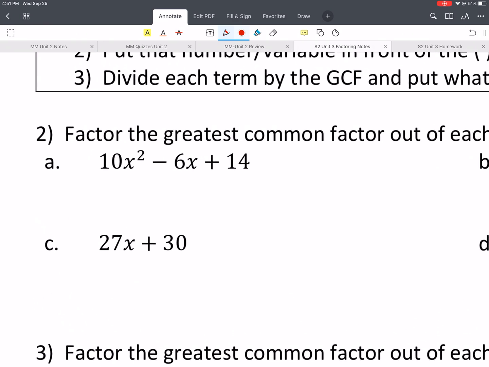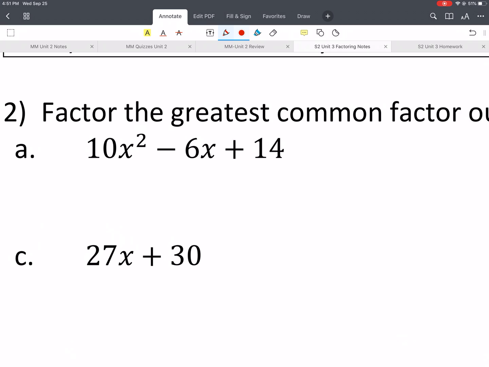All right, so let's look at A. What would be the greatest common factor? What is the greatest number that we could divide all three terms by? Okay, you would look at that and say, well, they're all even, so it looks like we could probably divide all of those by 2. All right, so this is the steps to factor out the greatest common factor. So we'd put a parenthesis, we put what we say is going to be our greatest common factor, and then if we're going to multiply something by 2, we also have to divide it by 2 so that we're not changing anything. All right, so here we would have 2 out there first, and then we would just